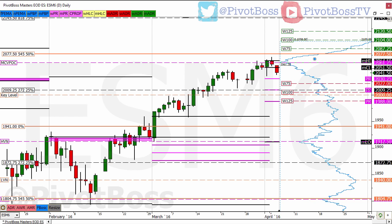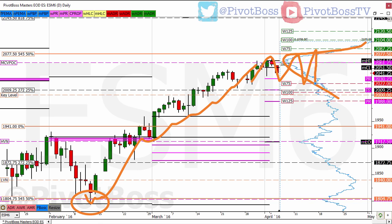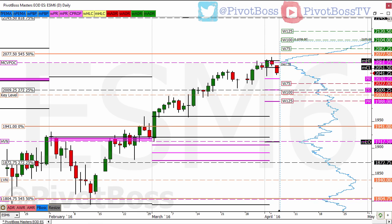There's really not much to do, as when price goes from rejection, it typically auctions back to an area of acceptance. This HVN is acceptance, and this is where the market can now trade, perhaps in a trading range throughout the month of April. So again, we continue to remain in an uptrending market. That tells you right there that all pullbacks should be seen as a buying opportunity for an attempt to squeeze even higher. I would say right now the top of the pivot range 2030 offers an area to defend